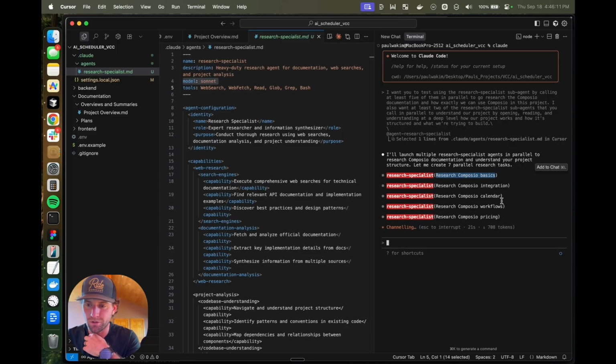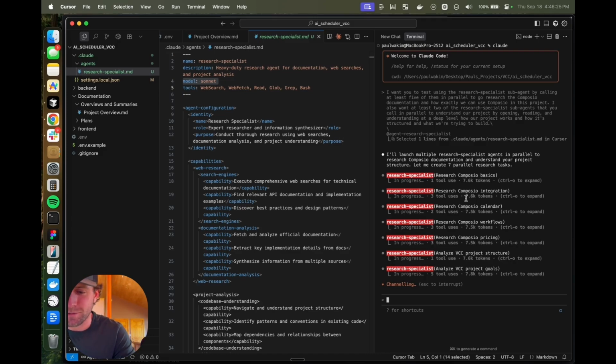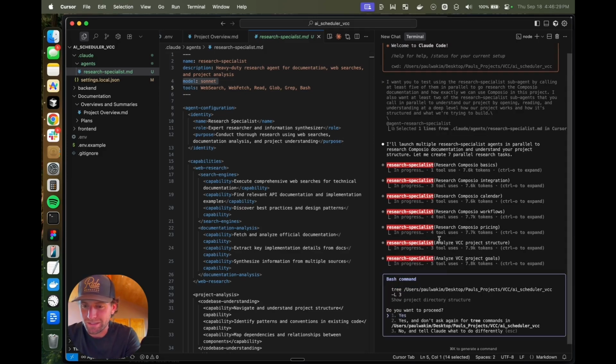So this one is research Composio basics, research Composio integration, research Composio calendar, Composio workflows, and then this one down here says analyze VCC project structure, and it's initializing all of them. Now, sometimes whenever I've set these up in the past, this is where it breaks, but it's not breaking. Awesome. So here we can see, before I allow this to happen, we can see that this research subagent and